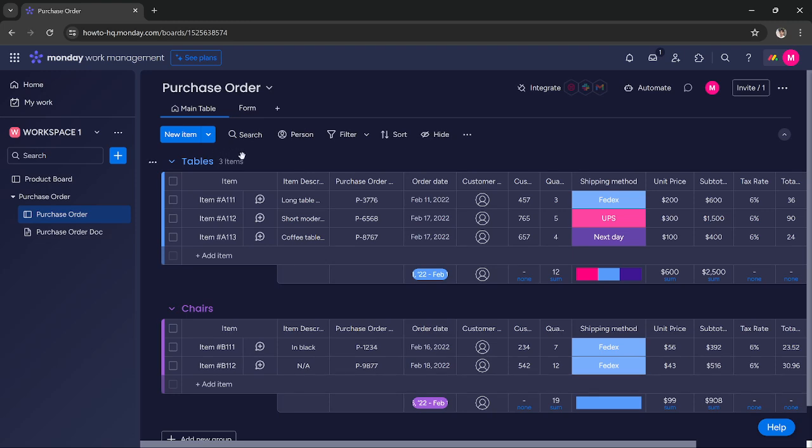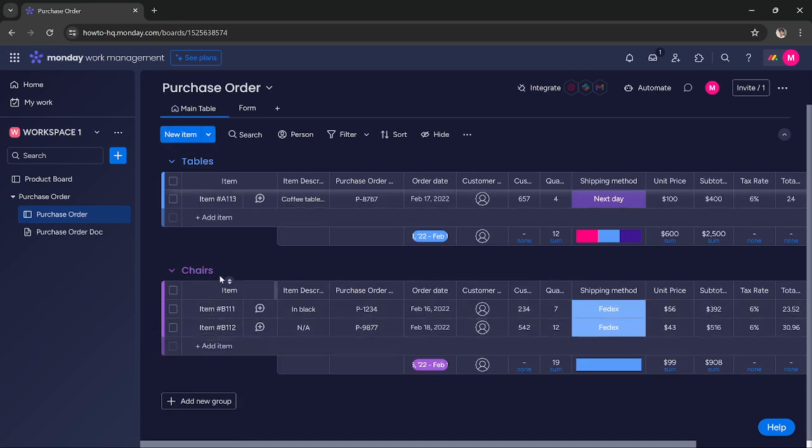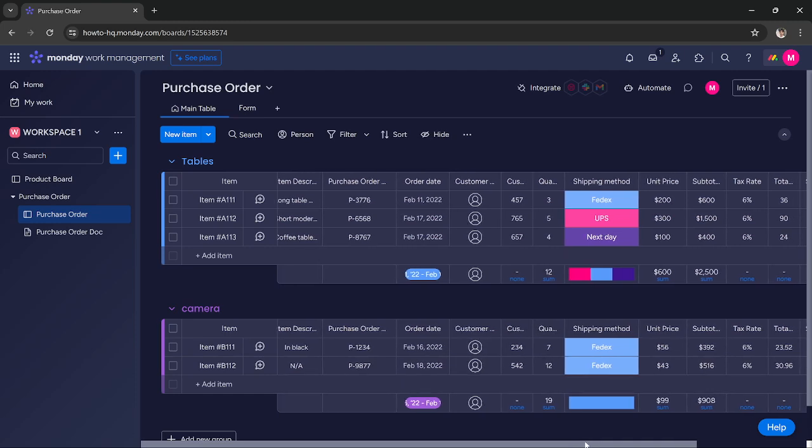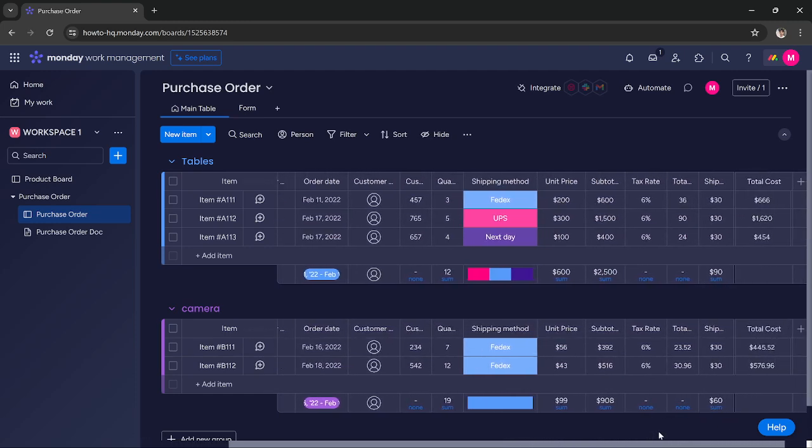You can add, for example, here we get tables, chairs, but you can rename them to anything if you want to buy or hire camera equipment, you can add camera in place of table or chairs, and then you can add the name of the item. Like if it is a Sony camera, you can add its name, its model, you can add its description, you can add its purchase order number, you can add its date, the customer. You can also add the quantity, the shipping method, the unit price, the subtotal, tax rate, total shipment, and total